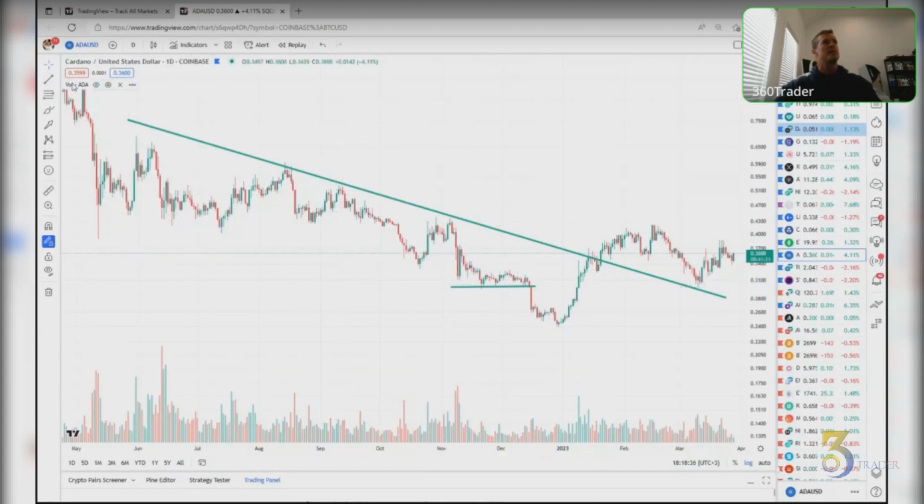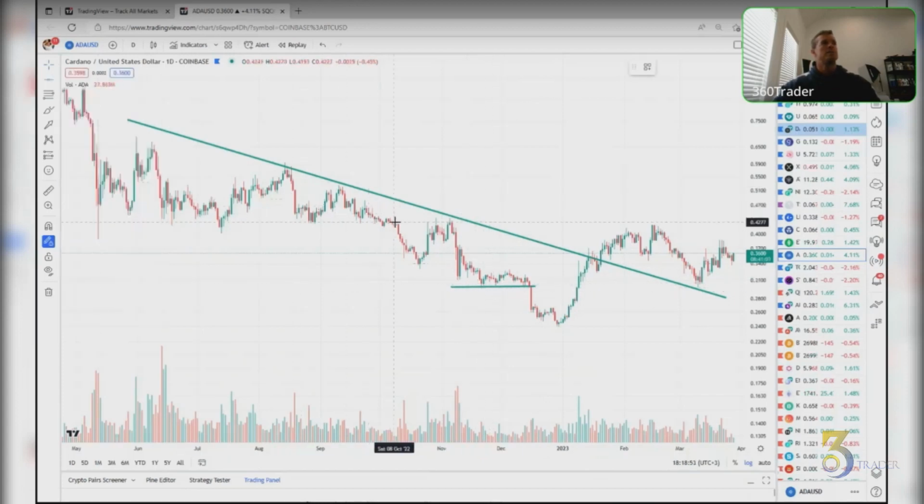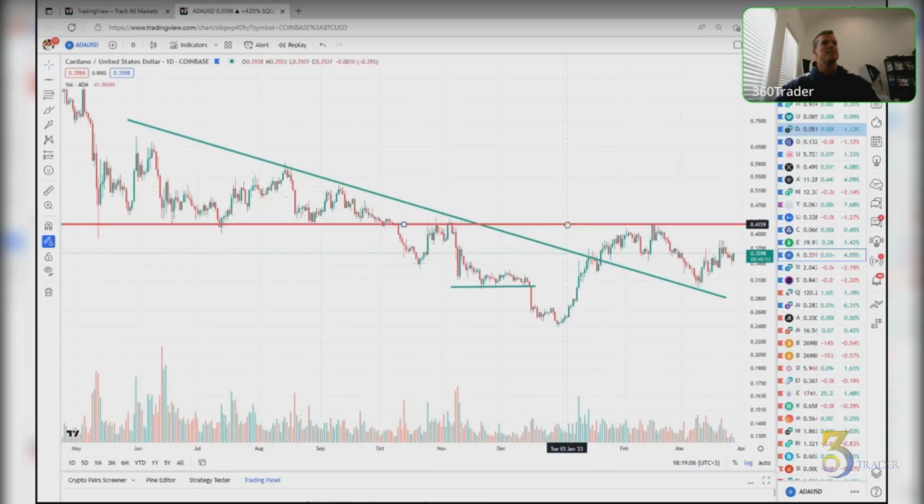If you click on this again, I do use these a lot, these horizontal lines. But once you slap the horizontal line up, it's going to cut all the way across your chart. So you'll see them on my charts, but if it's just a small area, just use your trend line to draw your horizontals. So a longer one, bam, I want it to go all the way across my screen. And there you go. So now you can see how this often comes into play. You've got it as support here, resistance here, and then back into resistance way over here over a very long time span.